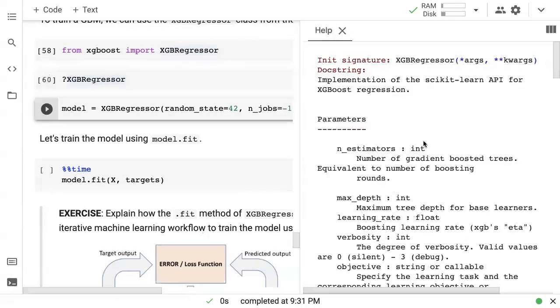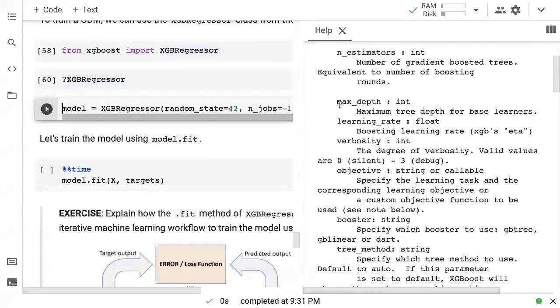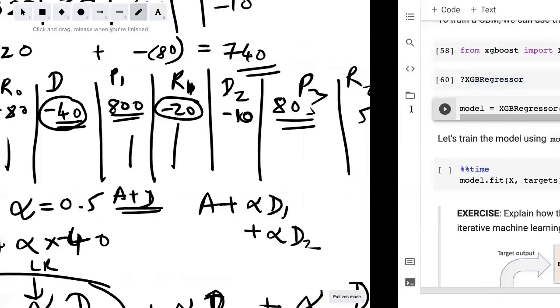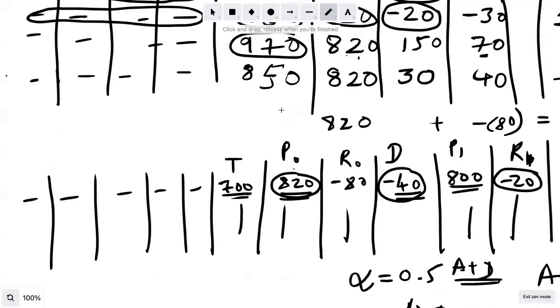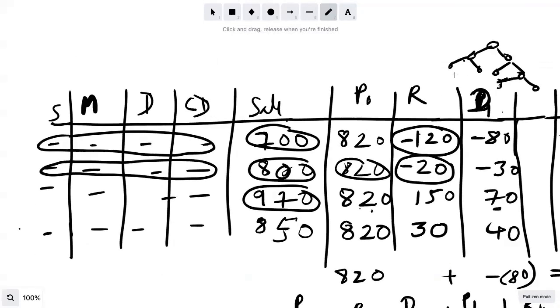And then there is this max depth. So you can configure how deep each tree goes. Why do we need a max depth? Well, think about it. Coming back here, if we trained an unbounded decision tree, then that unbounded decision tree would essentially exactly fit the residual. So it would completely overfit to the training set to predict the residual. And once again, that would be a problem.